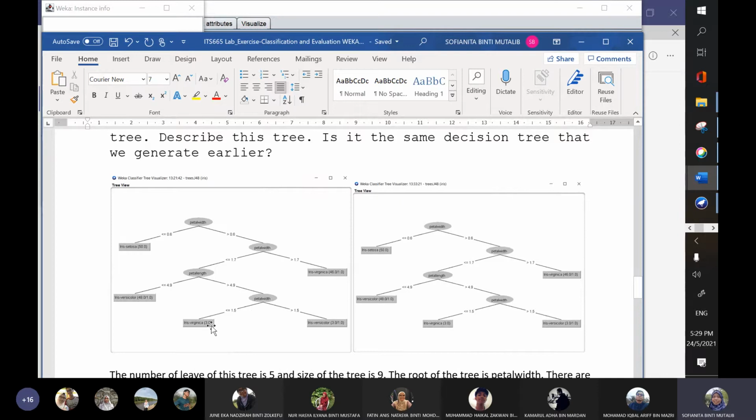Virginica has an overlap between virginica and versicolor. And how do you want to know this is real virginica? It's actually based on the petal length.